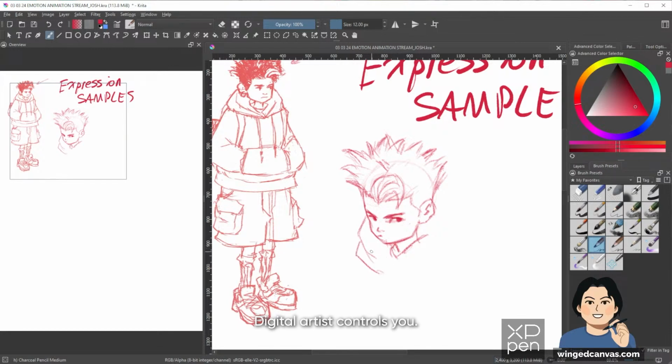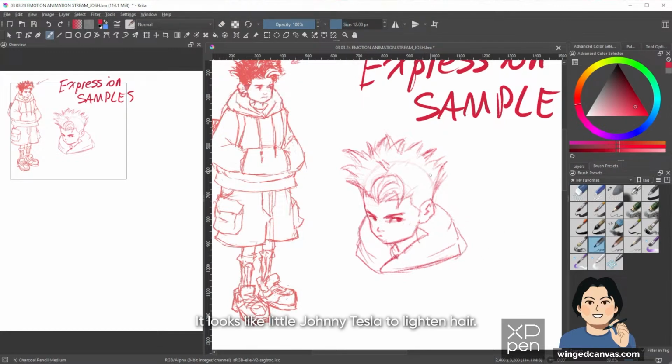Digital artist Control Z. Oh, that's true. Okay, well, do you consider Control Z part of erasing then? You know, that's interesting. I never really thought of that. At first, I feel like I would consider Control Z as part of erasing, because you are erasing a mistake you did. So I just assumed that is considered erasing, but I don't know.